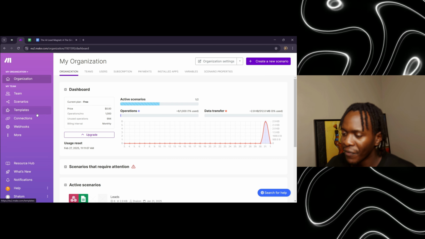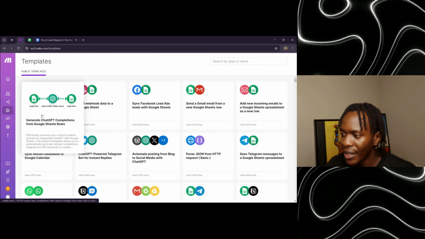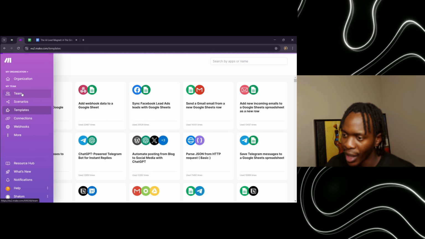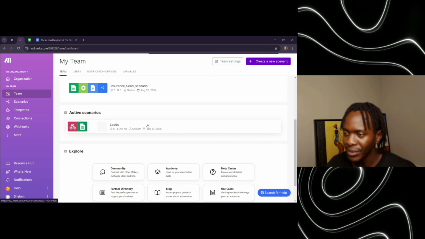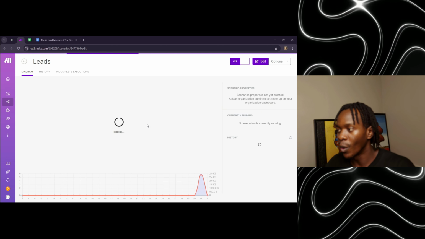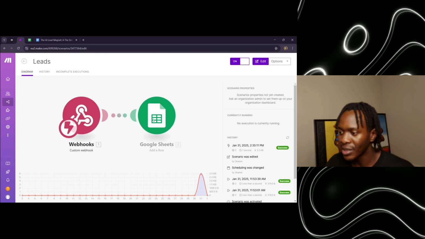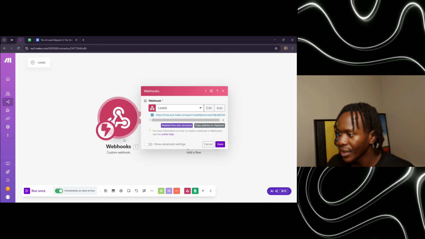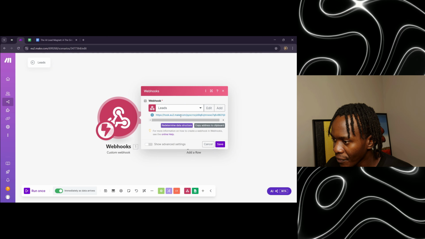Quickly, it's very straightforward. Just hit templates and then navigate to this template over here, webhook to Google Sheets. So I already have it over here. It's an active scenario. And again, I've done this before in my other videos, which is why I'm just running through it right now. It's so simple to create. All you do is get that template, click the webhook, name it, and then you want to copy this link over here,